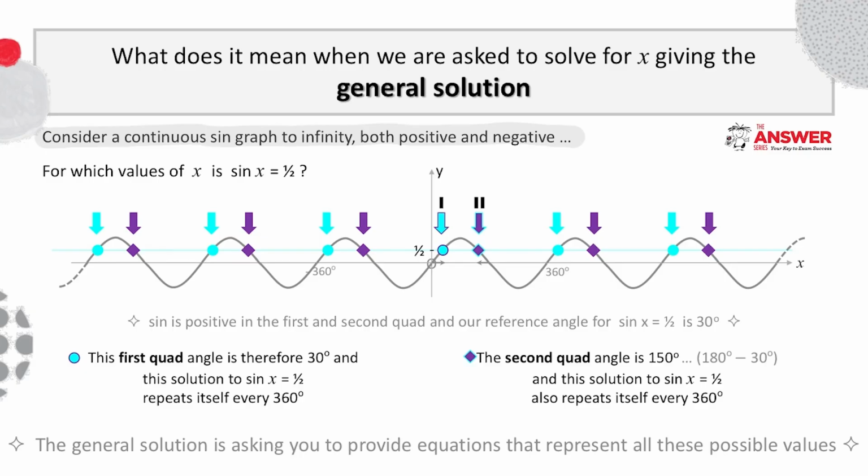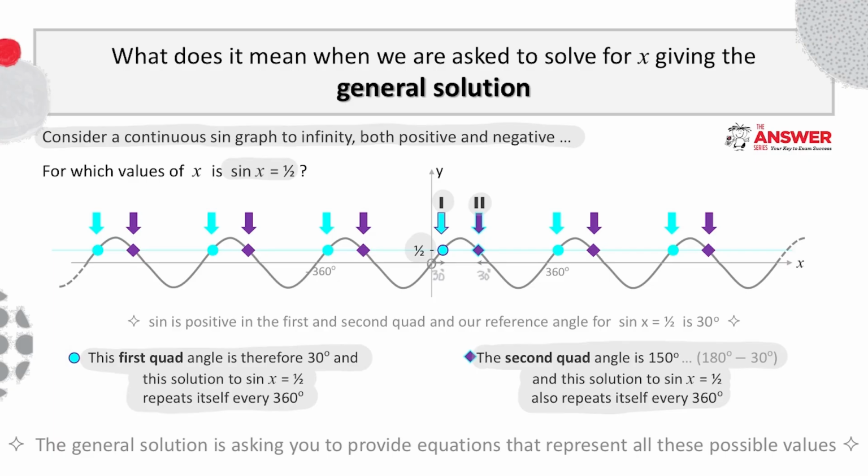Let's consider all the possible values of x for which sine of x equals a half. So all the places where this line cuts the graph. And so if we look at the equation sine x equals a half, we observe first that sine must be positive. In other words, our solutions will be in the first and second quads, and that the reference angle